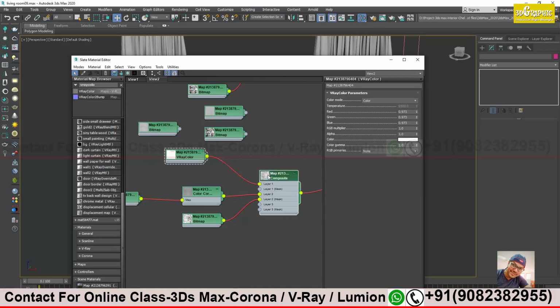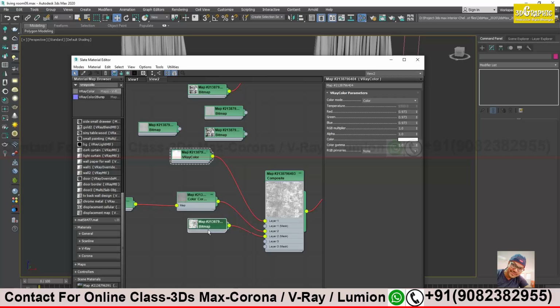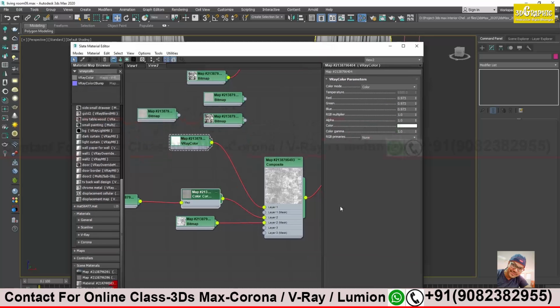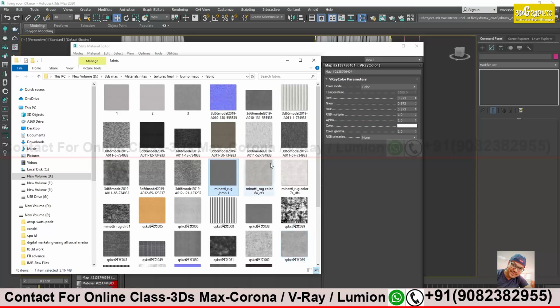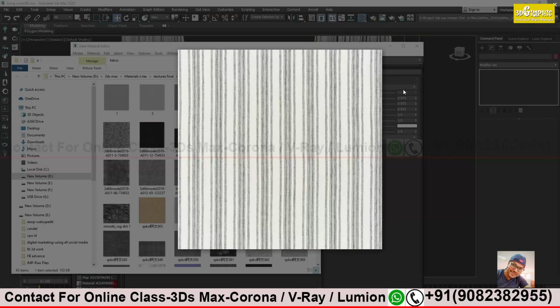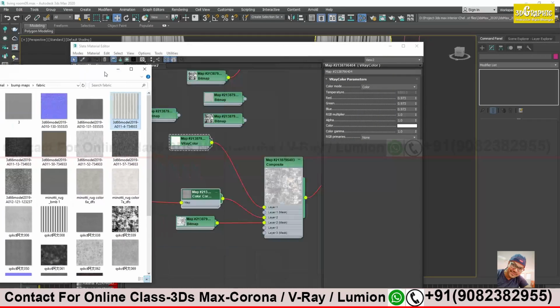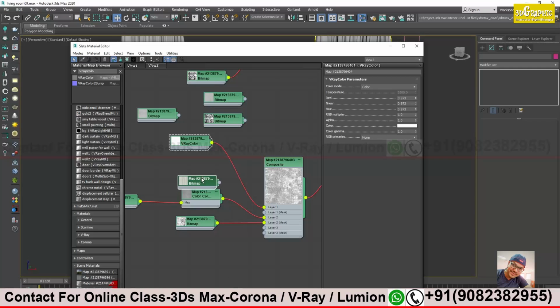Alright, now on the second one I need that pattern. Where is that pattern? One second. Fabric, this one, no? This one I need on my second layer.